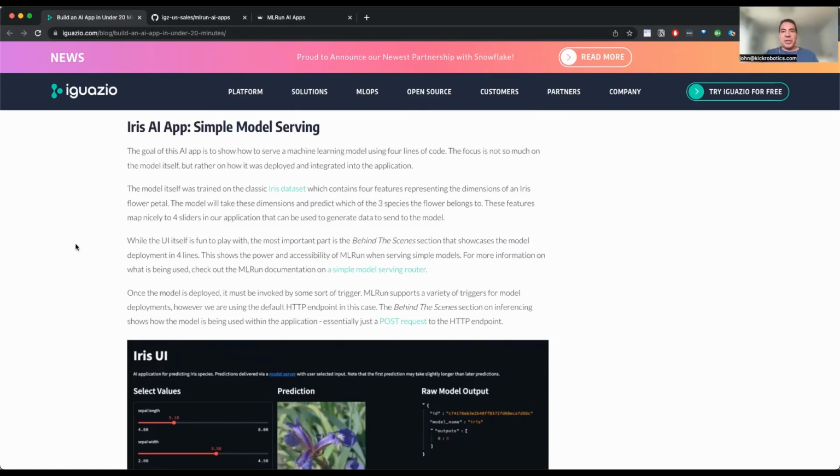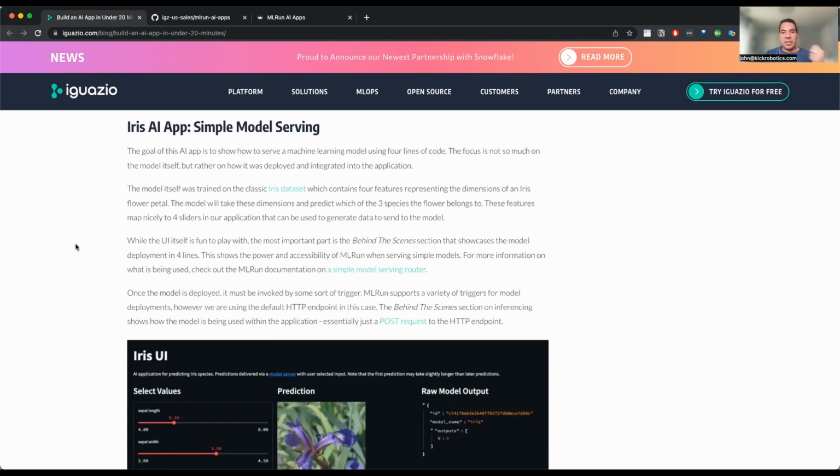Okay, welcome back, everyone. Now we want to show you the apps in action. So the first app we're going to show is the Iris app, and you may have seen something like this before. It's a well-known model and prediction out there, but we're going to show you an application that's running. It's based on Streamlit, and it'll be running on the cloud and running in the application so you can interact